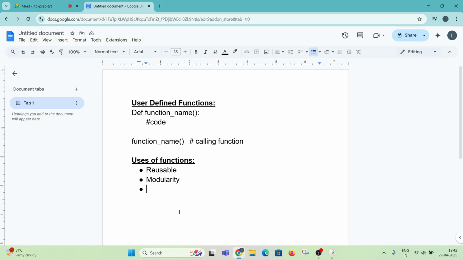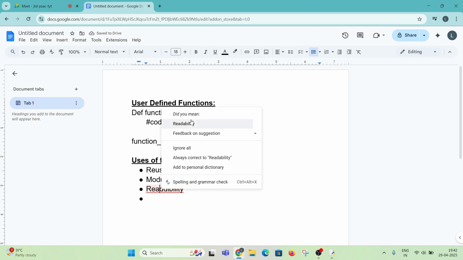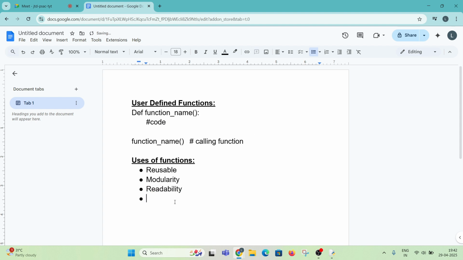The next one is readability. We can easily read and understand the code because it is cleaner by comparison. And the next one is debugging. It is easy to identify errors